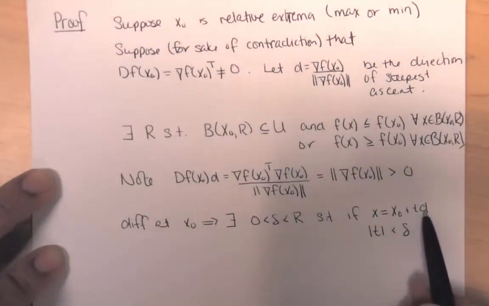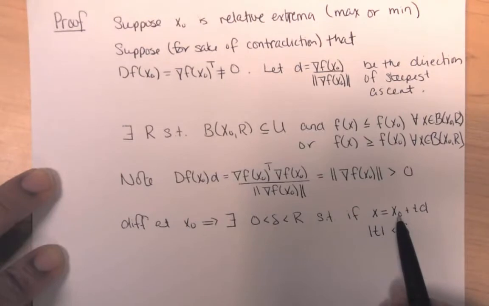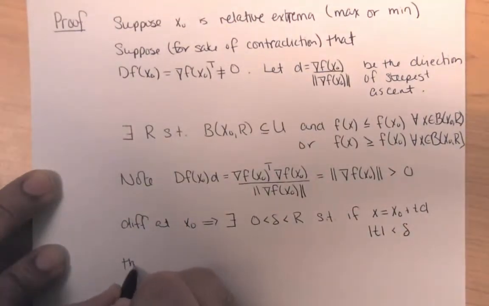Now remember that d is a unit vector. So if t is smaller in magnitude than delta, then x is within delta of x naught, which means I get that